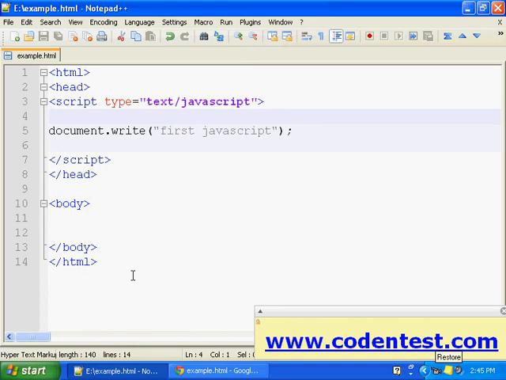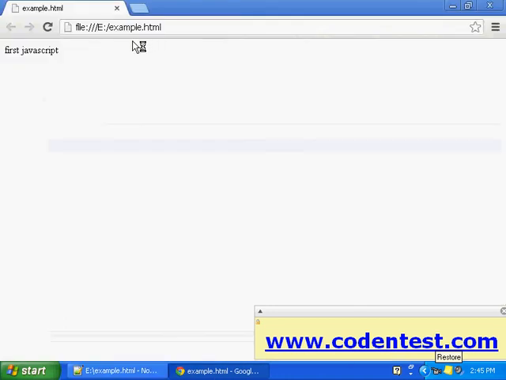So this statement, document.write first JavaScript, is our JavaScript code, and this document is the part of the browser where you see the web page content. We see our web page here, so that is our document.